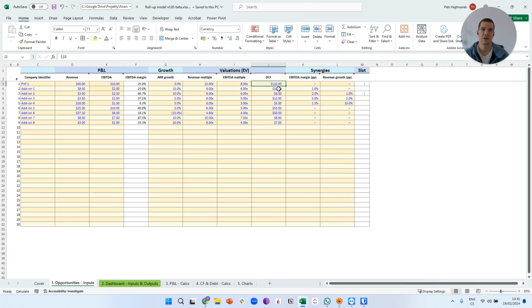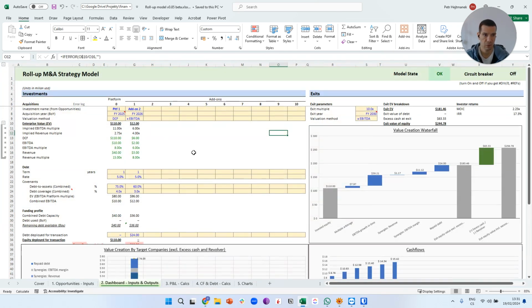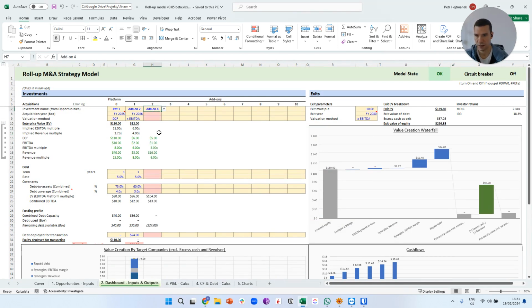And then there are synergies for EBITDA margin and for revenue. The details are explained in the notes, as you can see. The model is entirely annotated so that you can understand what to fill in where. Right here you see that these two rows are already plugged into the model. And if I want to add another one, what I would do is just pick another from the list of